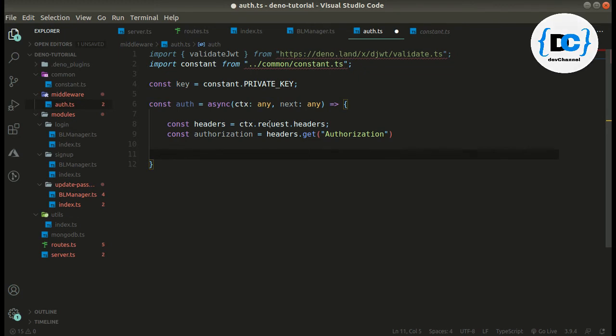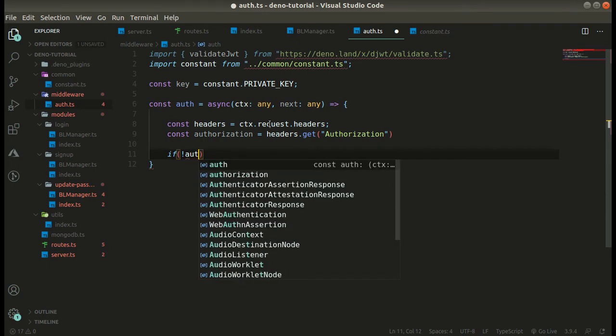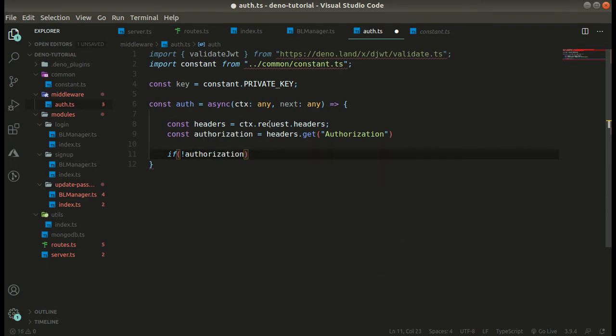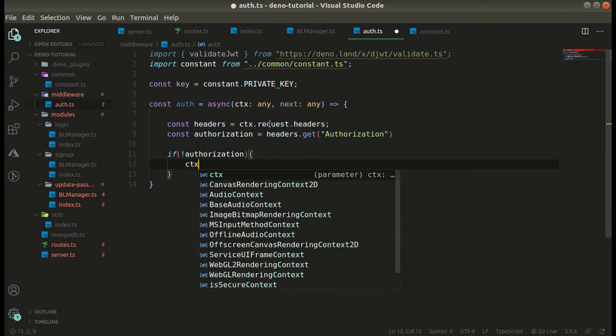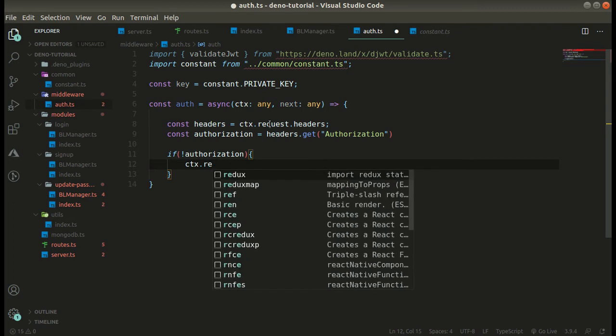Now, if we get nothing over here, null, then we simply have to do context.response.